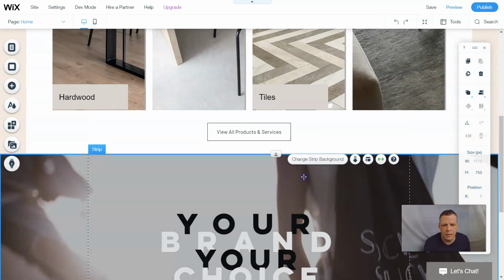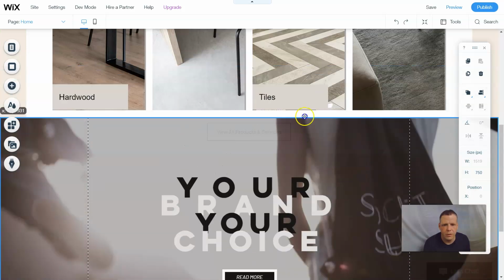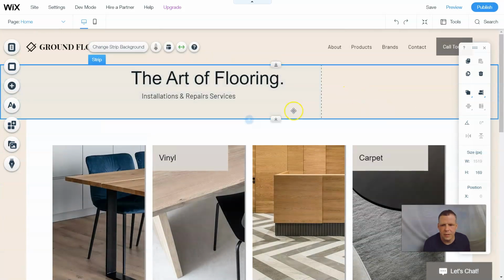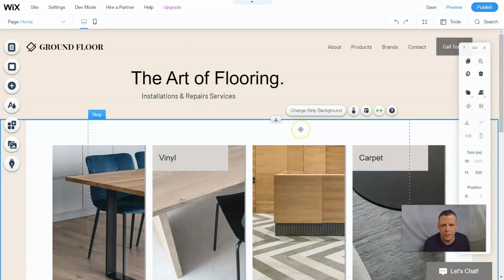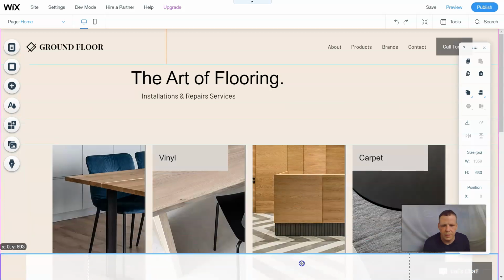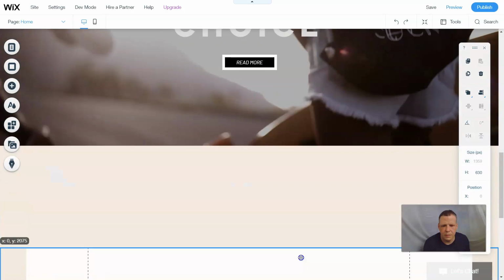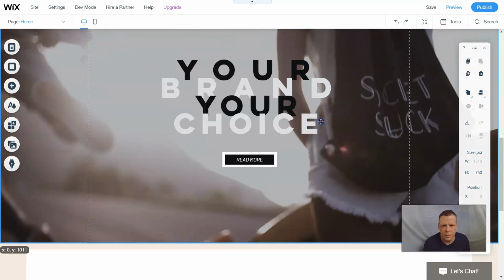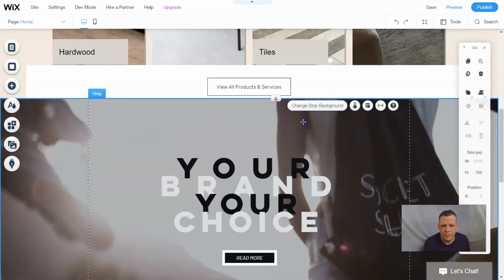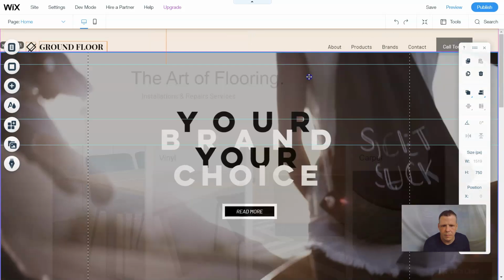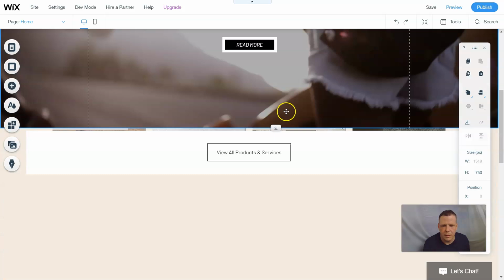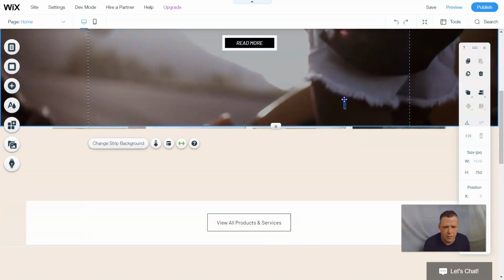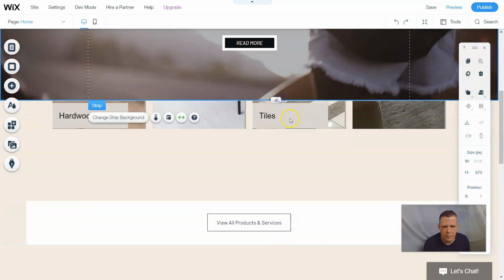And of course, you can select and you can drag the strip wherever you want. Of course, you can cover everything up as well. And you can always just move this strip, bring it down, and scroll it down, right to about right here. And I'm going to move this strip here. Now I covered what we were doing here. Alright. And I made this mistake of doing that, so